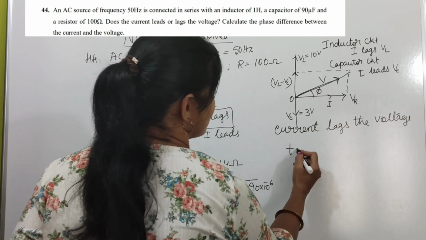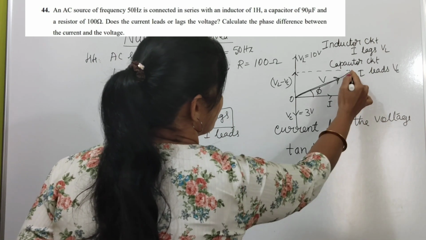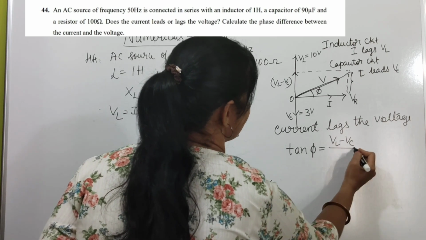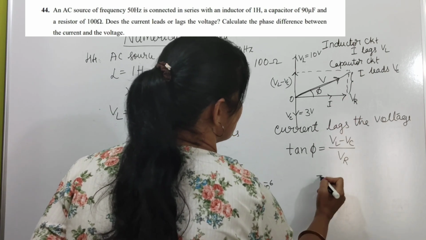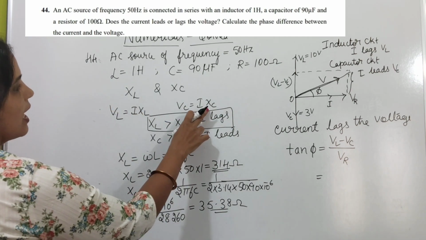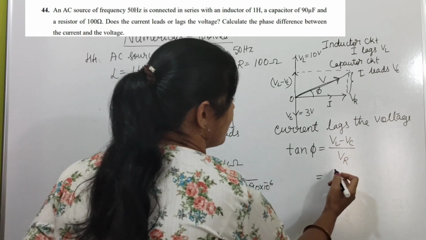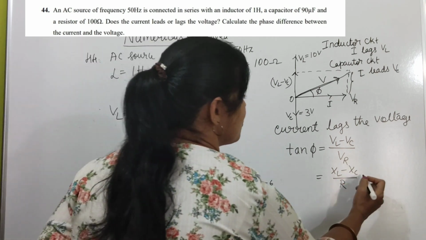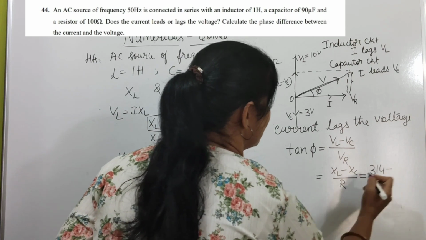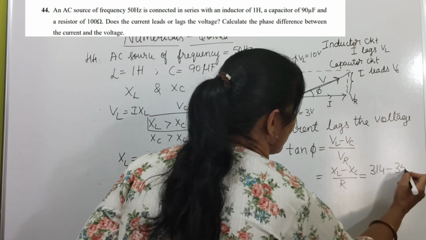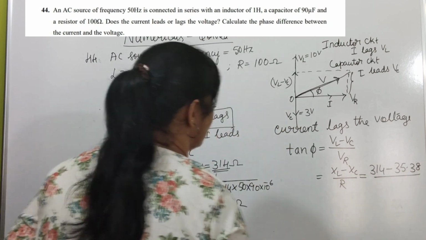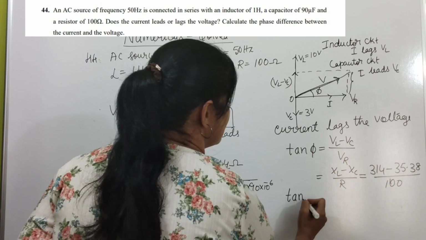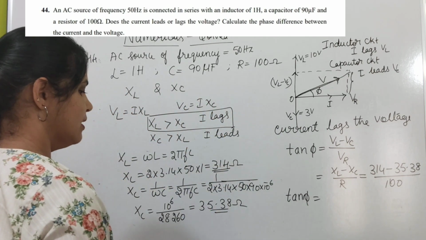Then how to calculate phase difference? Tan phi is equal to opposite by adjacent. Opposite is this one, that is VL minus VC, divided by adjacent, which is VR. VL is IXL, VC is IXC, VR is IR. I is common, remove that. This is XL minus XC divided by R. Substituting, XL is 314, XC is 35.38, divided by R is 100, and tan phi is equal to, if you calculate this, you'll get